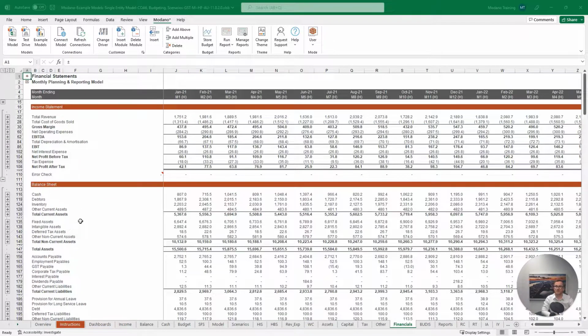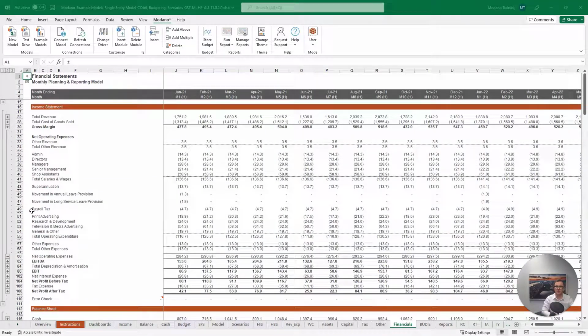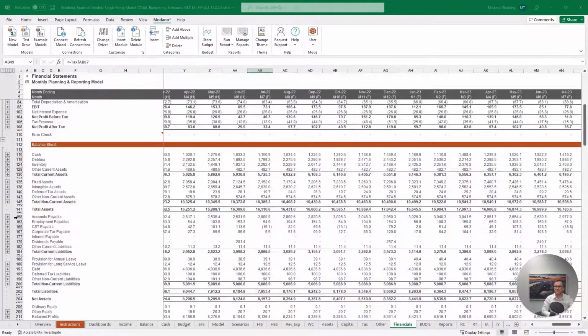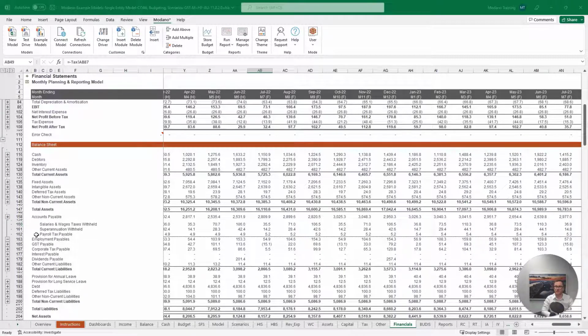Firstly, looking at the income statement, if we expand our net operating expenses section, we can see we have our payroll tax expense, and if we scroll across our time series until our first forecast month of July 22, we can see that we have our calculated payroll tax expense of 5.2 hitting our income statement. Then scrolling down to our balance sheet, if we expand our employment payables section within our current liabilities, we can see that we have our payroll tax payable balance, with a closing balance of 5.2 at the end of the